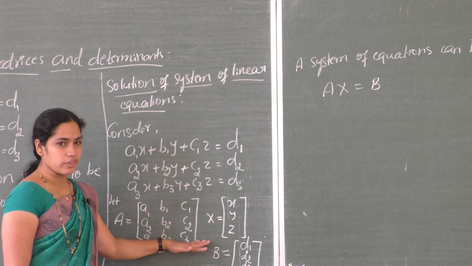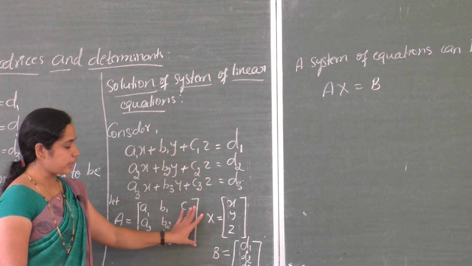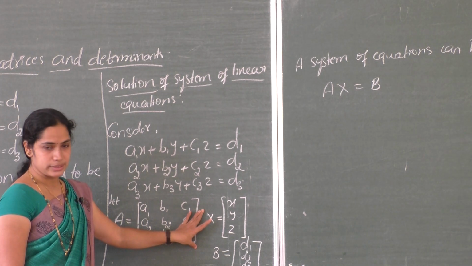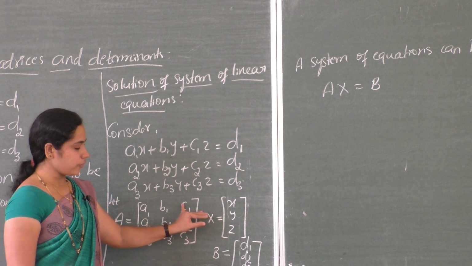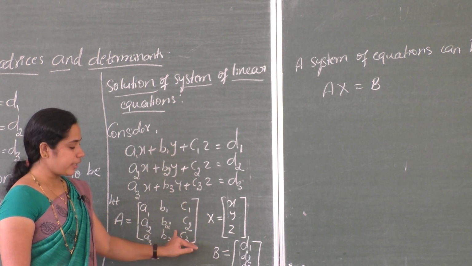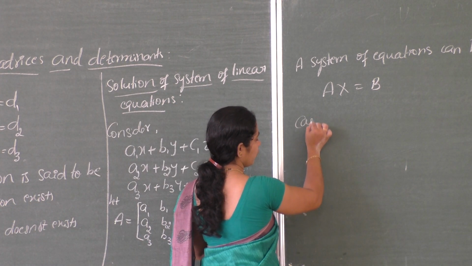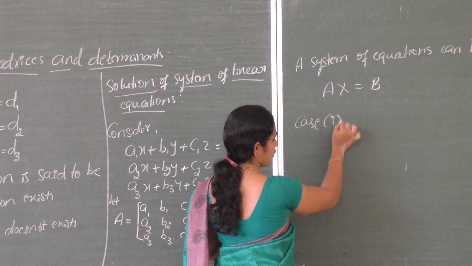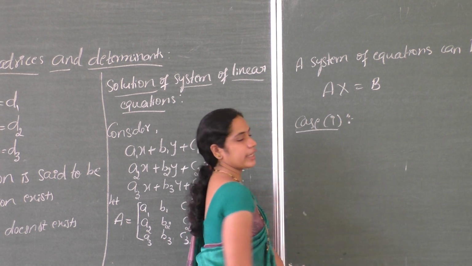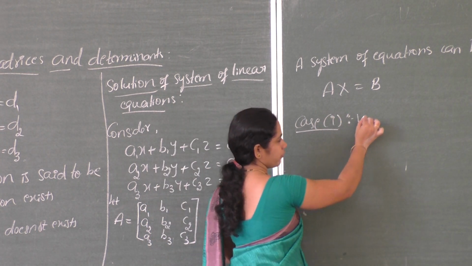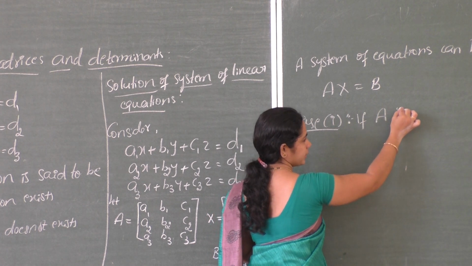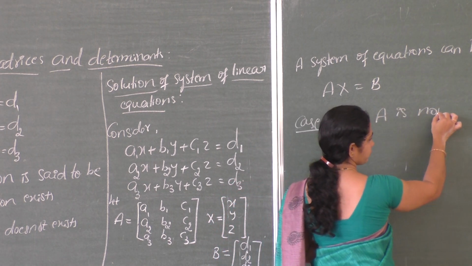Suppose determinant of A is 0, then A inverse does not exist. Suppose determinant of A is not 0, A inverse always exists. So we have two cases. First one, case 1, if A is non-singular,